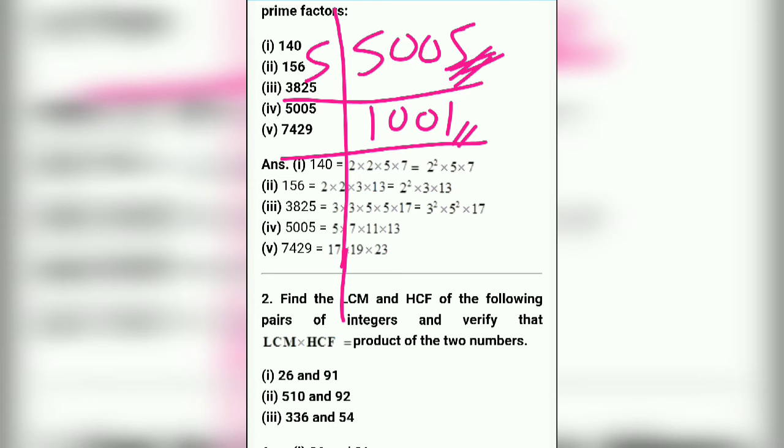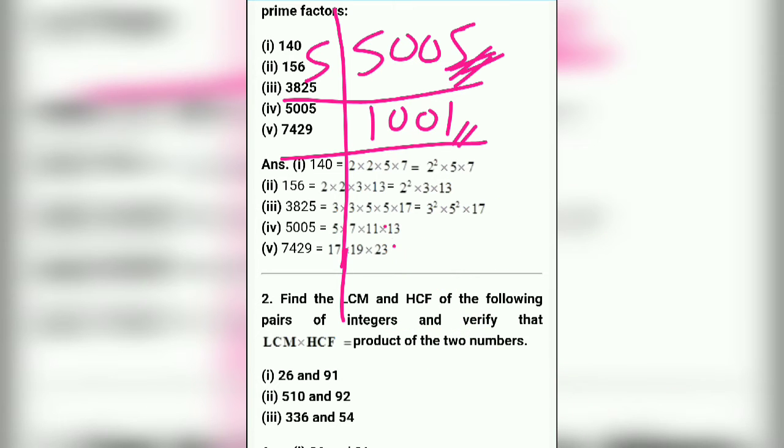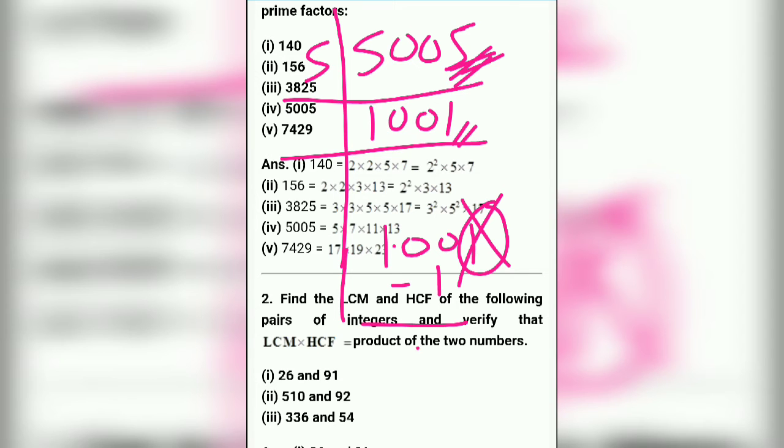Okay. If we check the divisibility test of 11, then what is the divisibility test of 11? Here we have 1001, right? So just remove the unit digit from here and subtract it from the remaining digits. So 100 minus 1, 99. Okay, 99 is divisible by 11. So this number is divisible by 11. Okay, this is the divisibility test of 11. Again, here we have 1001, right? So remove your unit digit and subtract that digit from the remaining digits. So 100 minus 1, 99. 99 is divisible by 11. So this number is divisible by 11.